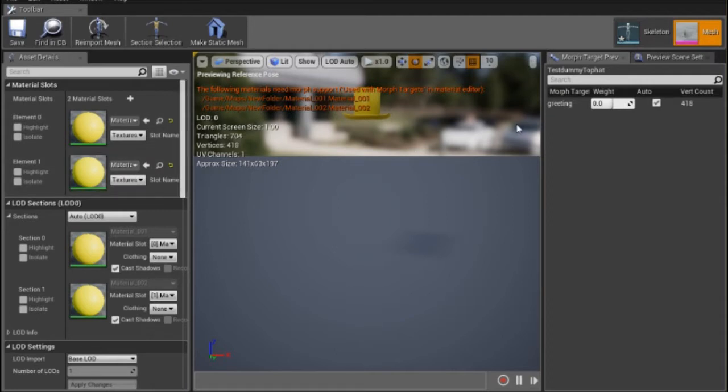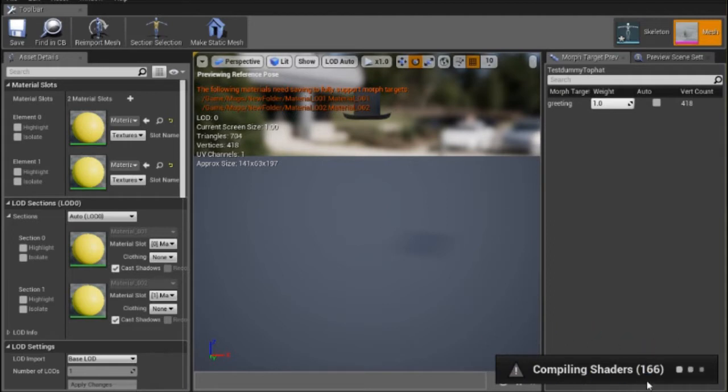Now, what you have to do to get rid of this, and that's why I want to show you with morph targets, is selecting one of the morph targets here and changing the value. You have to do this only for one morph target. If you have 10 different morph targets, it doesn't matter, you just have to do it for one. If you do it for one,